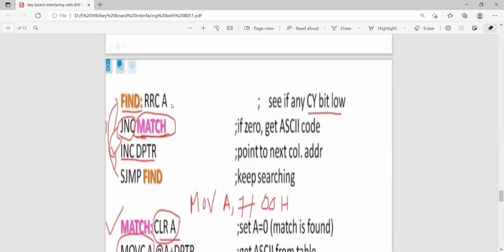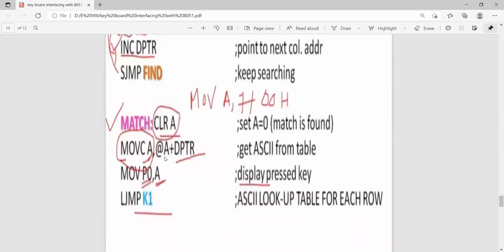RRC the accumulator, see if any carry bit is low, match this by checking the carry condition, again increment, so match this. So like this, one of the values will be matched. So you can compare these values. If anything is matched, you can identify that match value.